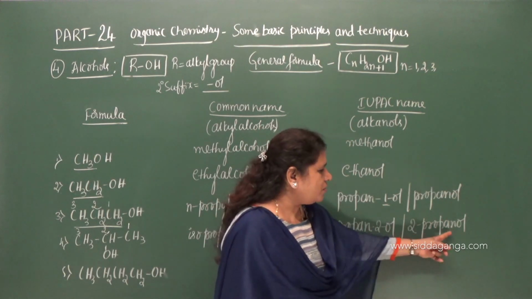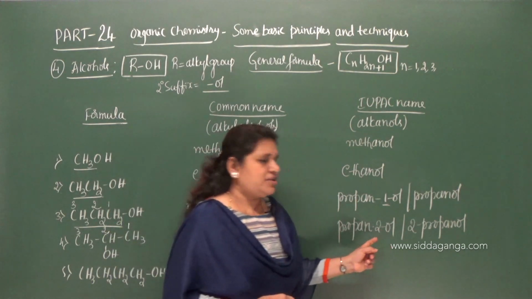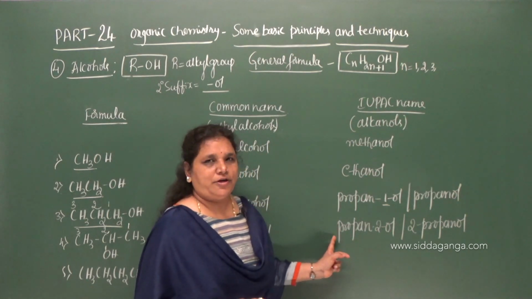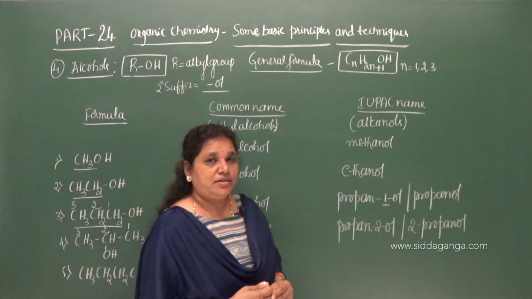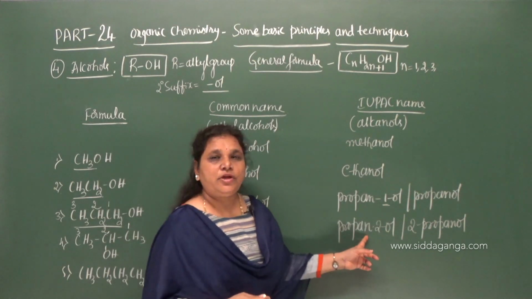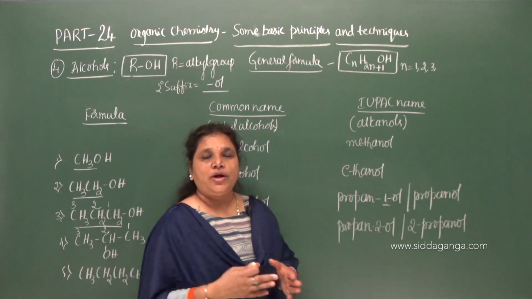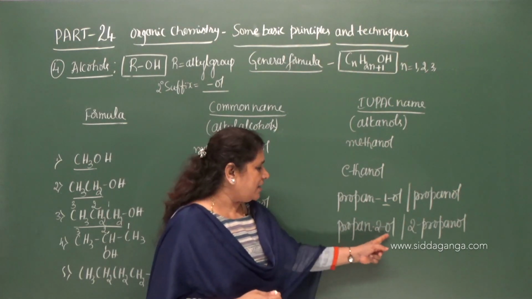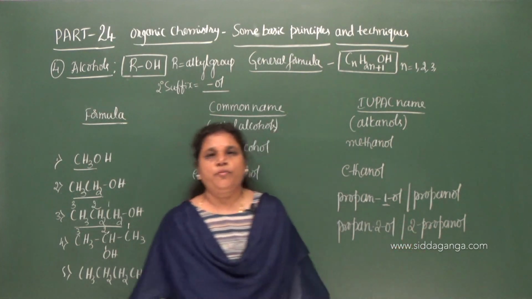Since there is no ene or yne, no double or triple bonds, you can shift the locant of the secondary suffix before the root word. We shift the locant of the secondary suffix before the root word only when there is no ene or yne. If ene or yne comes, again we need to give the position of the double and triple bond. So when there are no locants of the primary suffix, you can shift the locants of the secondary suffix before the root word. Hence you can also write it as 2-propanol.